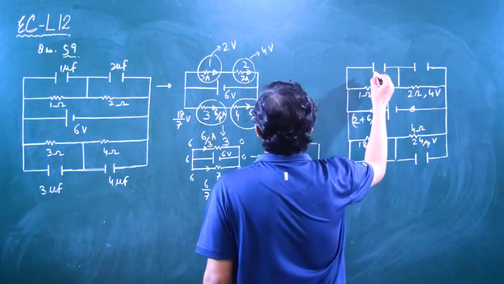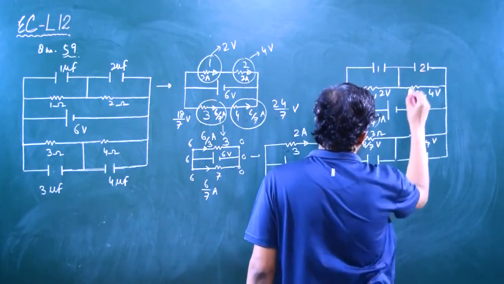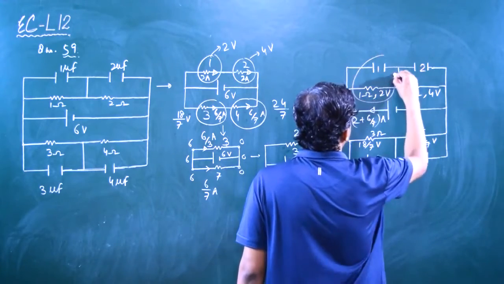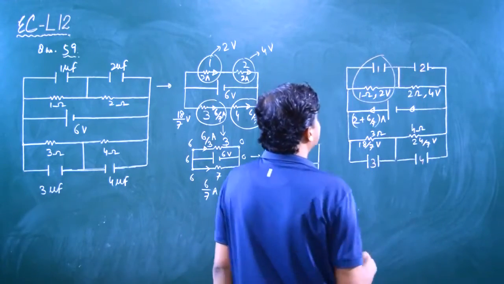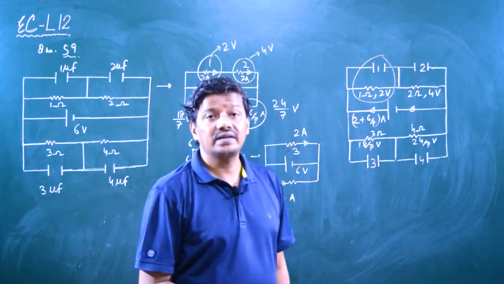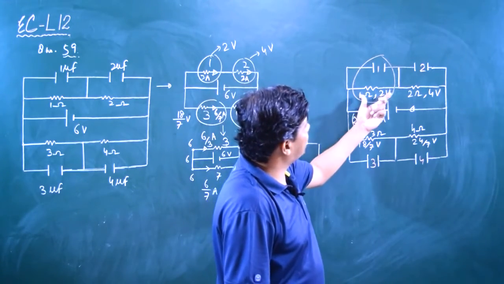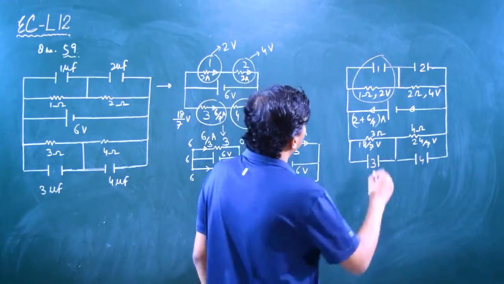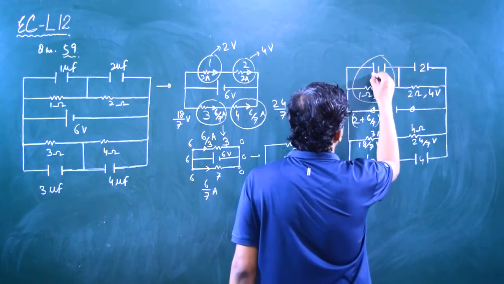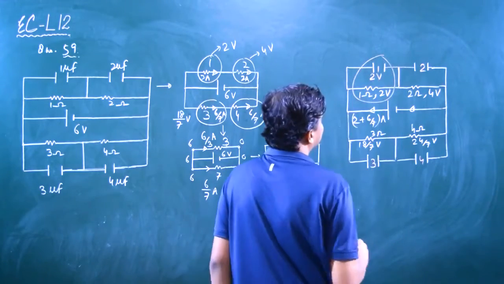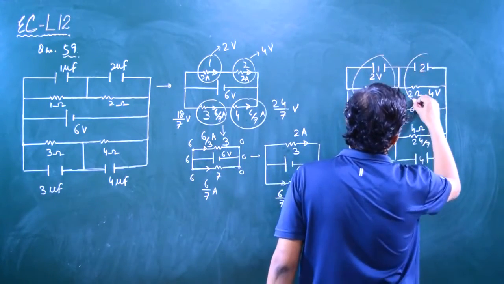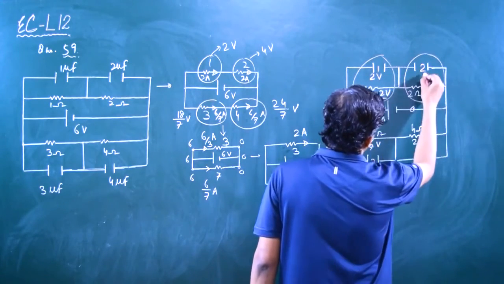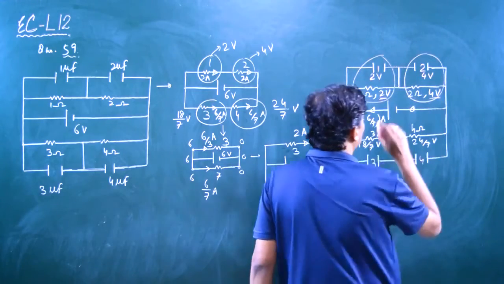Now see, these two are in parallel. It is of value 1, 2, 3 and 4. So these two elements are in parallel, since this one is what? A conducting wire, and in parallel arrangement voltages are what? Equal. So voltage across the resistor and voltage across the capacitor, since these two are in parallel, are always equal. So here potential drop is 2 volt. Similarly in this part also, the resistor and capacitor are in parallel, so here potential drop is 4 volt. That's why here also potential drop is 4 volt.